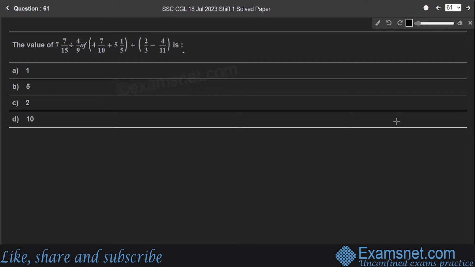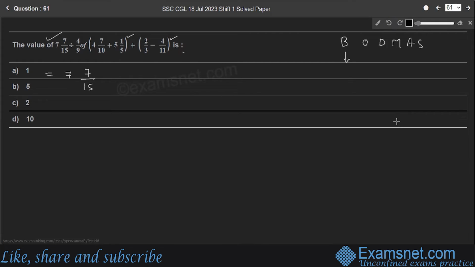Question 61. Find the value of the given expression. Here it's an easy question. We are just following the BODMAS rule here. So according to that, remove the brackets first. There are 2 brackets in the given question. So remove that. Here, 7 integer 7 by 15